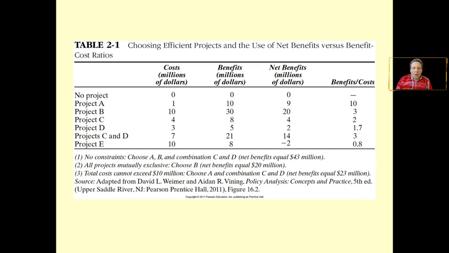Okay, so this is our last exercise. Apart from the theory that we have covered so far, we have here an example. The example is interesting in that it allows us to choose efficient projects and the use of net benefits versus benefit cost ratios. So in the first column, we have different projects, including not doing anything, no projects, the costs, the benefits, the net benefits that are simply benefits minus costs, and the ratio benefits to cost, meaning that if